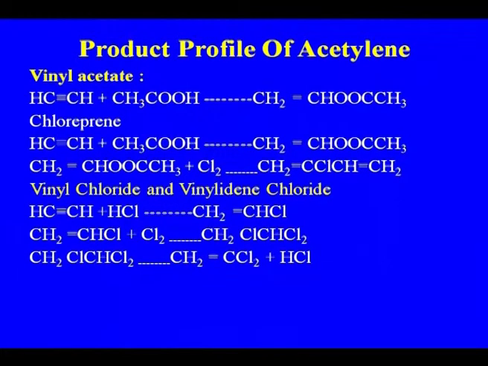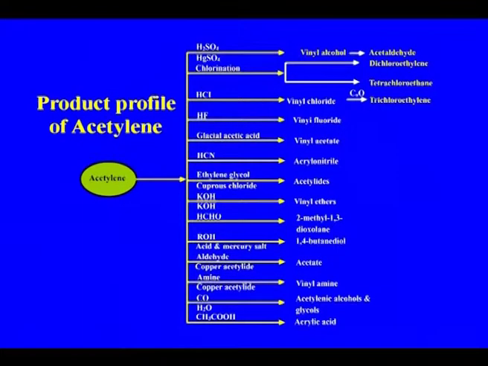Vinyl chloride, as I told you, is being used for the manufacture of the polyvinyl chloride. So, that was the route available. This is a long list, and I have already discussed the various uses of the acetylene. So, this is about the synthesis gas and its importance in the chemical industry for the making of the large number of the petrochemicals, and the reason why now many of the fertilizer